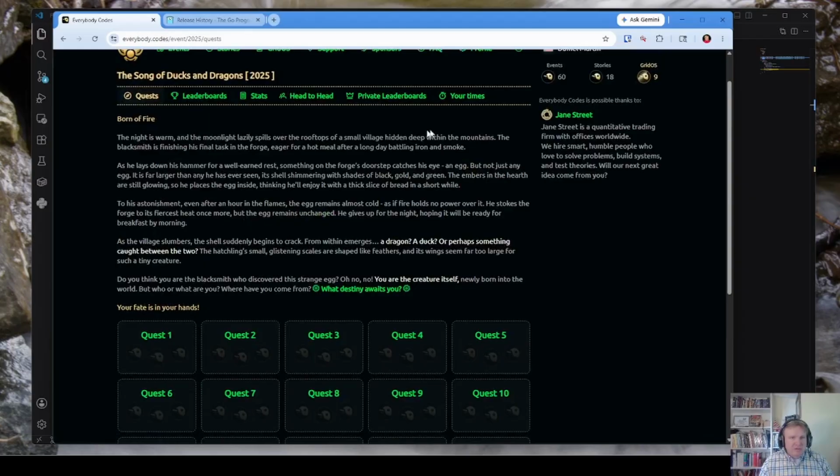Okay, night is warm. Blacksmith has finished tasks in the forge. Lays down something on the forge. An egg, not just any egg, far larger. Astonishment. Egg remains almost cold. A dragon? A duck? Or you are the creature itself. Okay.